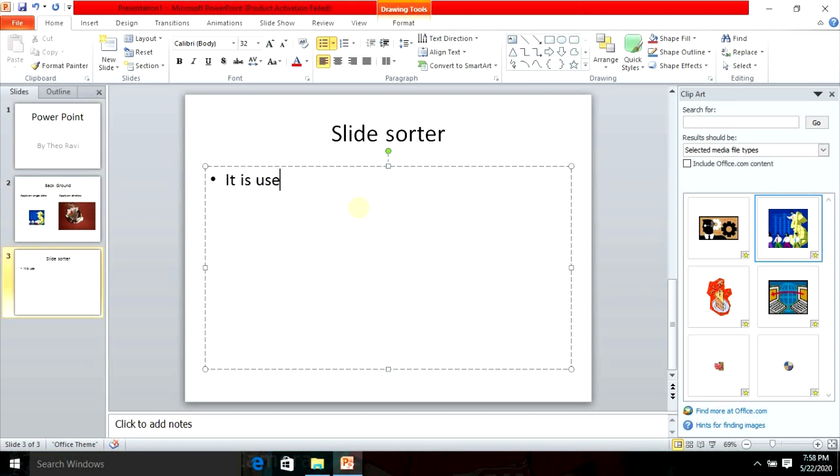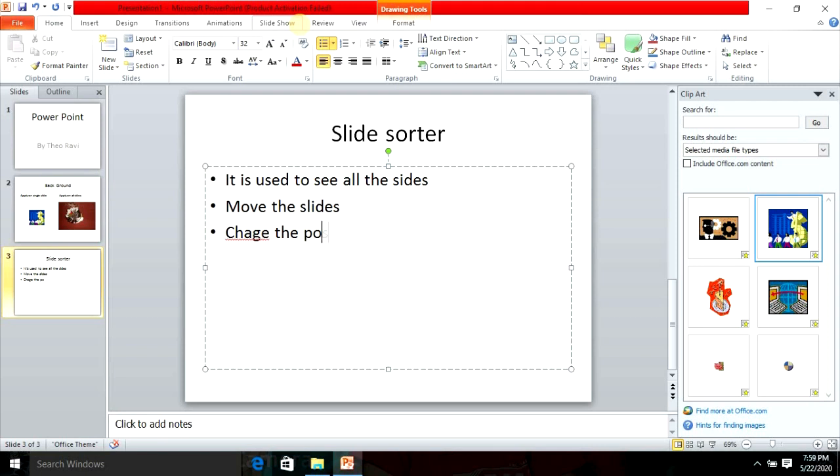It is used to see all the slides. What can we do? We can move the slides, which means we can change the position.